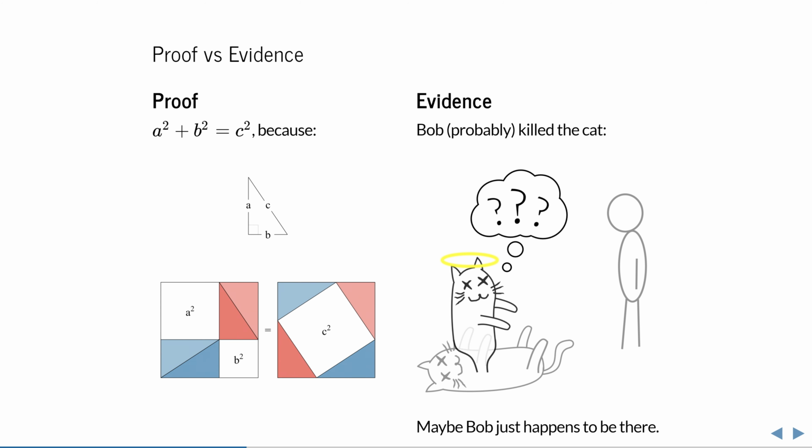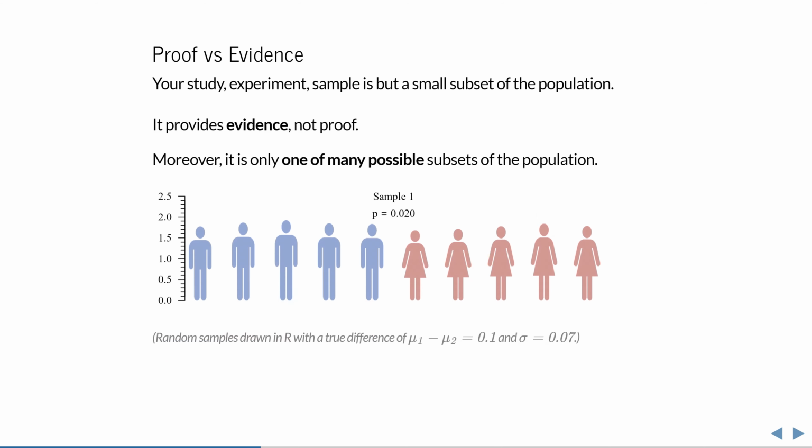You could question the account of an eyewitness, for example. I'm not saying this is realistic. I'm also not saying we should only convict people based on irrefutable proof, but it is important that you understand the difference between proof and evidence, because empirical sciences like biology primarily rely on evidence. This is no different when collecting data for a study.